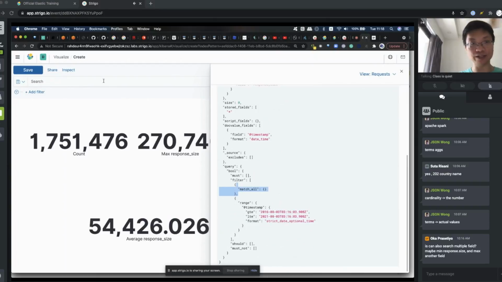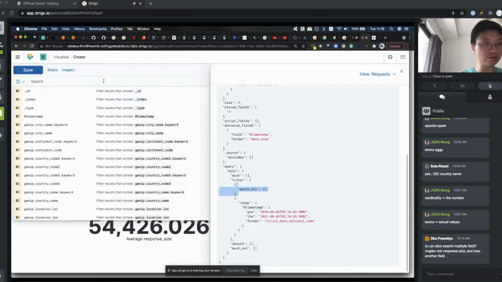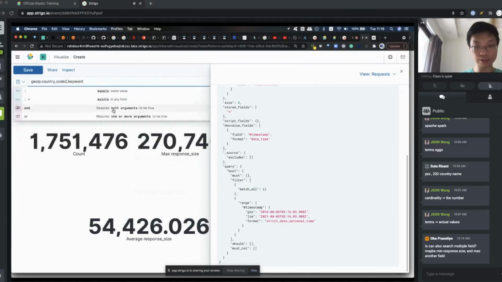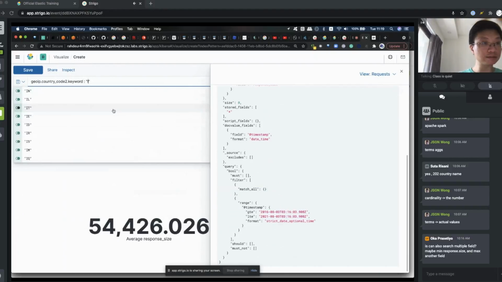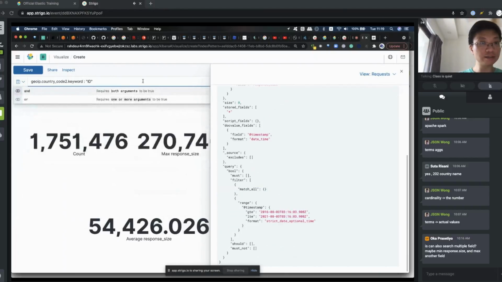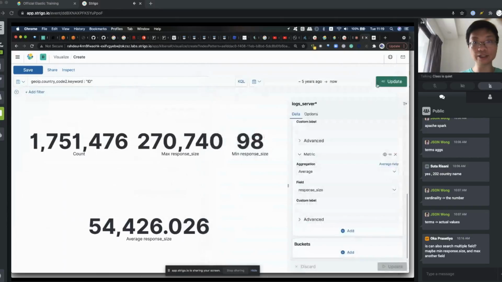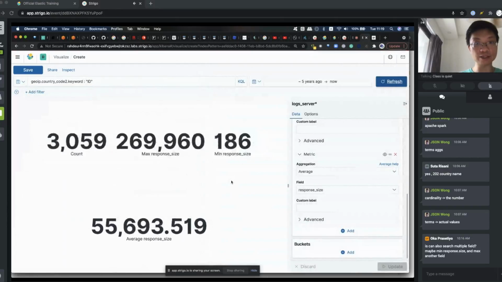So let's do something. All right. Let's try to add a criteria. For example, maybe the country or country code. Country code is, for example, Indonesia, something like that. Do we have? I think we have. Okay. And we run it. So I need to run it. So you see, we just restrict the data that is coming from Indonesia and so on, the values will change as well. So the minimum is down not 98, but 186, because in that country, maybe the minimum response size is actually